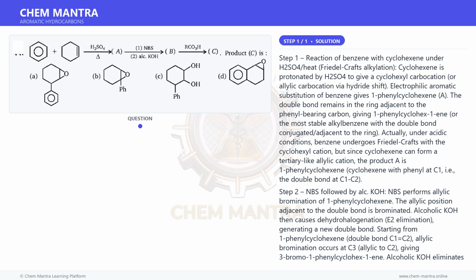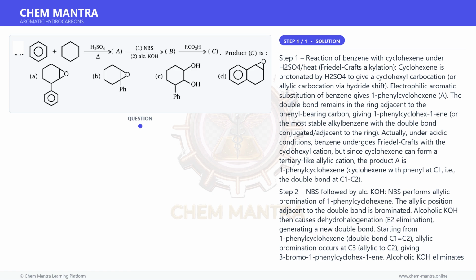NBS performs allylic bromination of 1-phenylcyclohexene. The allylic position adjacent to the double bond is brominated. Alcoholic KOH then causes dehydrohalogenation, E2 elimination, generating a new double bond. Starting from 1-phenylcyclohexene, double bond C1=C2, allylic bromination occurs at C3, allylic to C2, giving